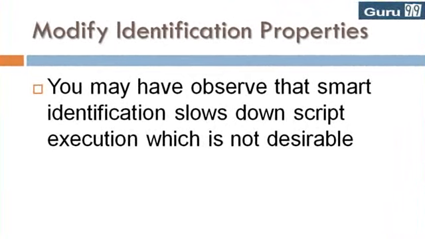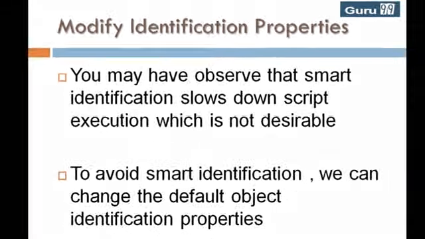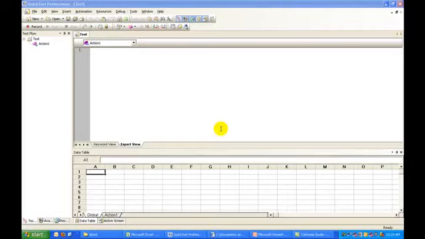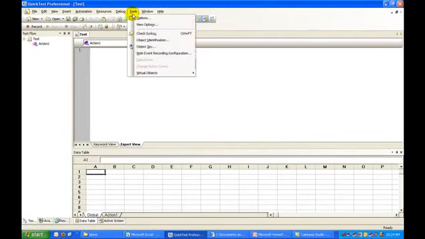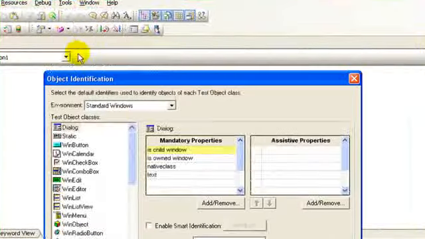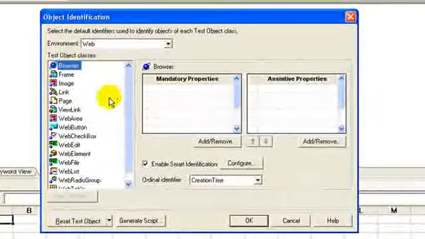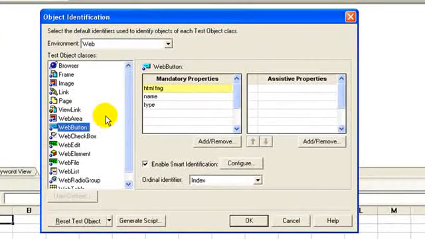You may have observed that smart identification slows down script execution, which is not desirable. To avoid smart identification, we can change the default object identification properties. In QTP, under object identification for the web environment, web button, you may observe that there are three mandatory properties: